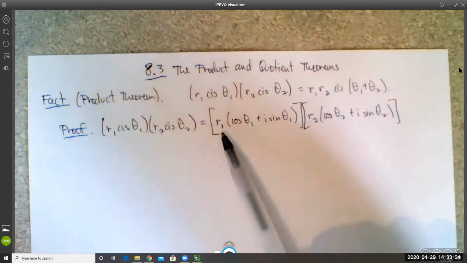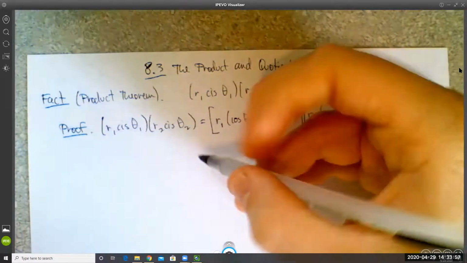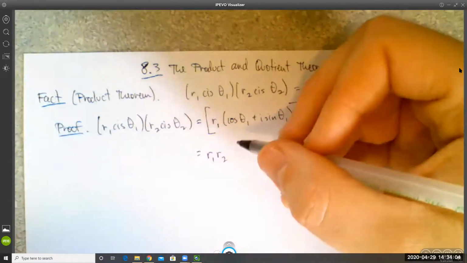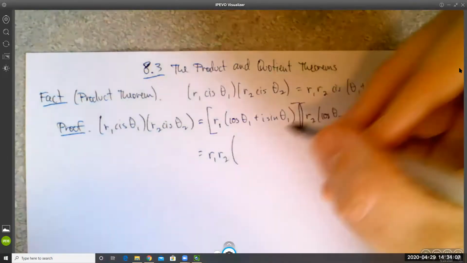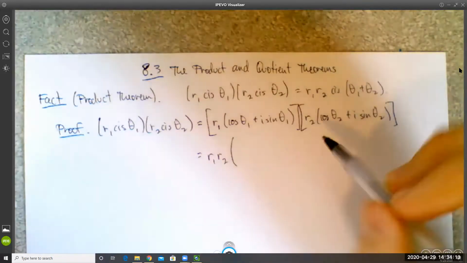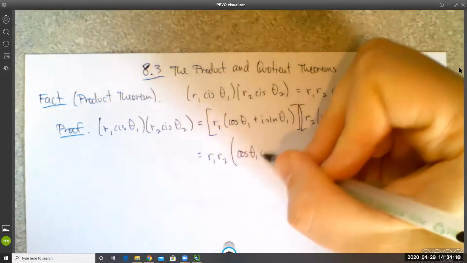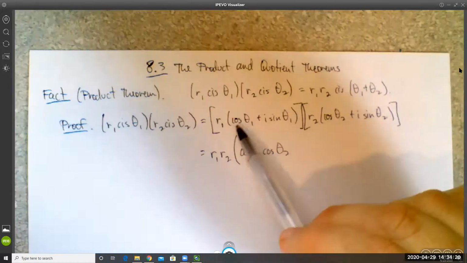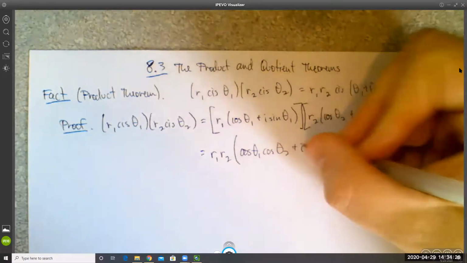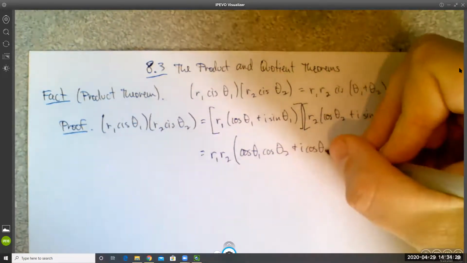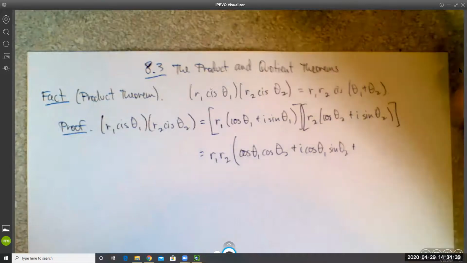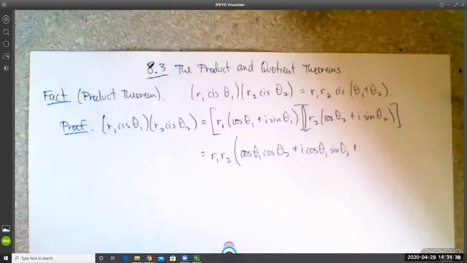Well, since we're just multiplying, we can pull out r1 times r2 out in front right away. We have r1 r2 times, well, let's go ahead and FOIL this. So cosine theta 1 cosine theta 2, plus i times cosine theta 1 sine theta 2, plus i times sine theta 1 cosine theta 2,